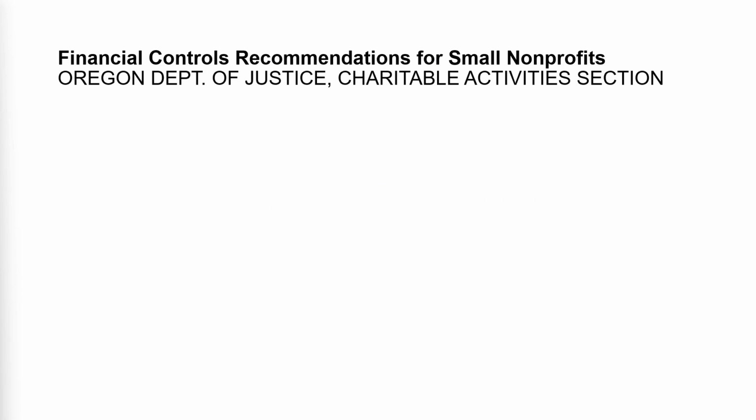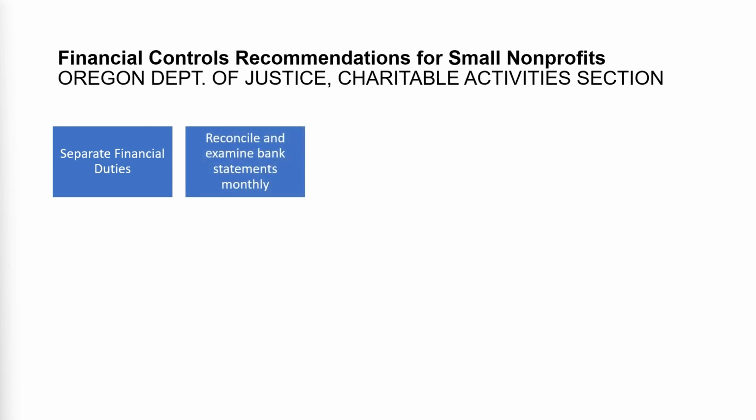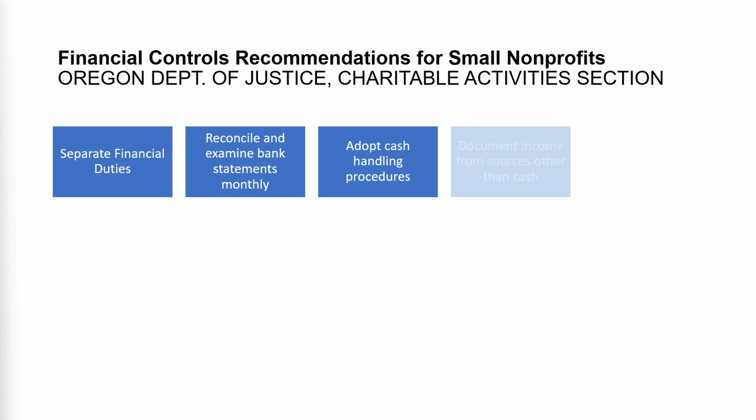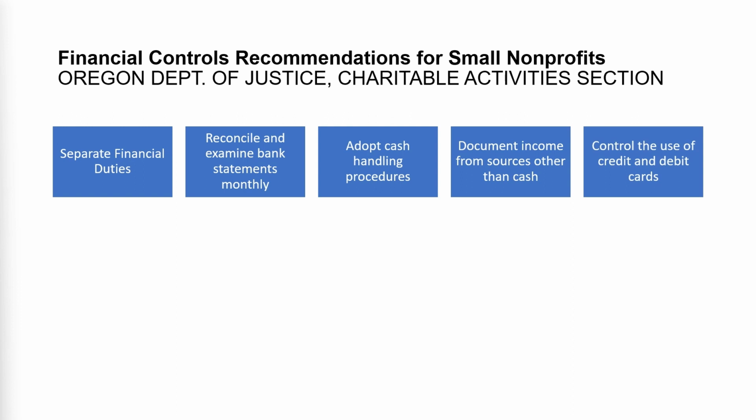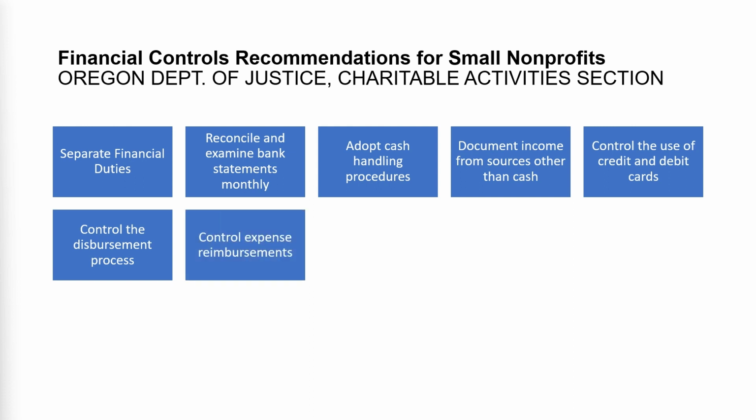The Oregon Department of Justice Charitable Activities section recommends 14 financial controls for small nonprofits. Separation of financial duties, reconciling and examining bank statements monthly, adopting cash handling procedures, documenting income from non-cash sources, controlling the use of credit and debit cards, controlling the disbursement process, managing expense reimbursements,